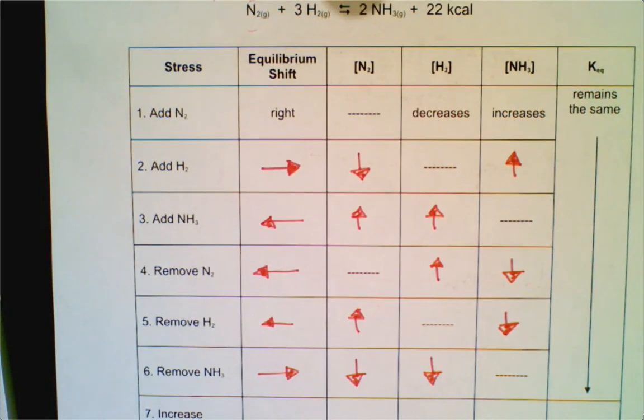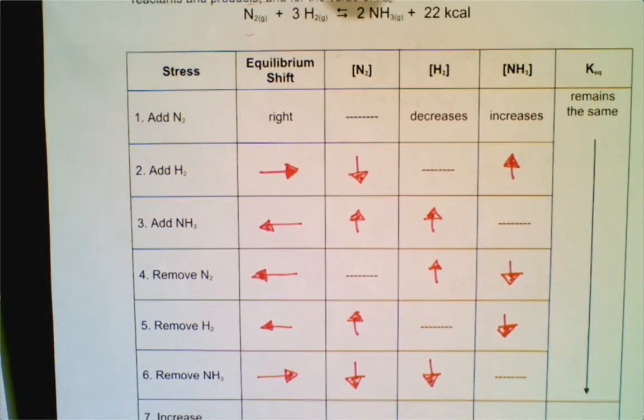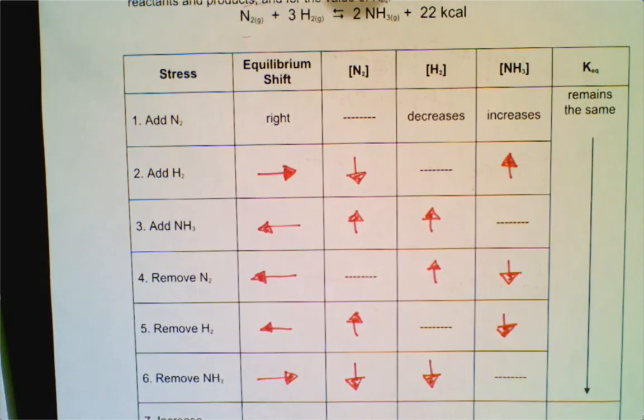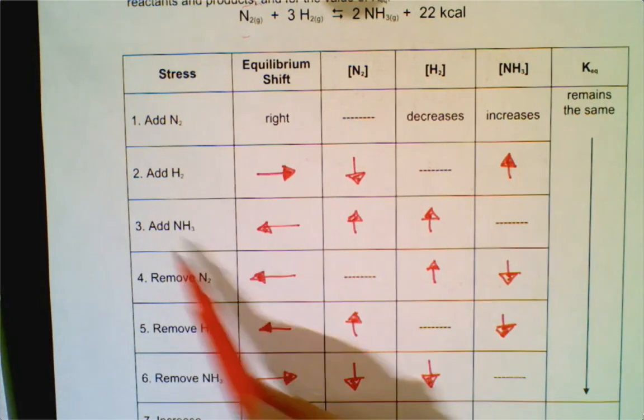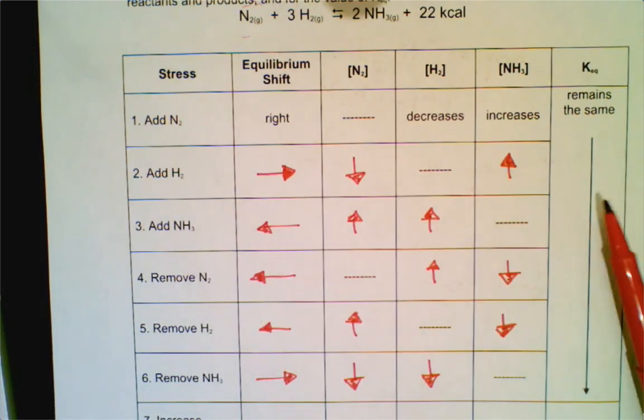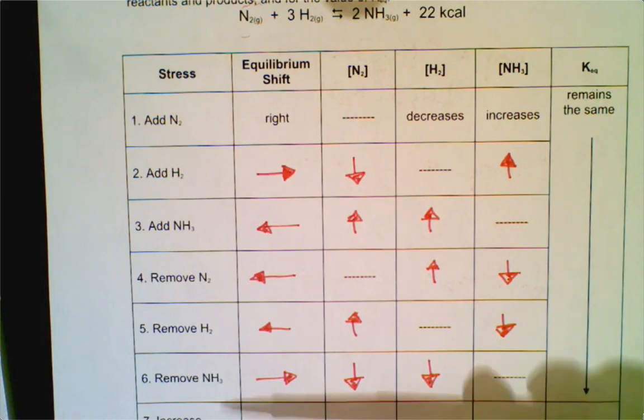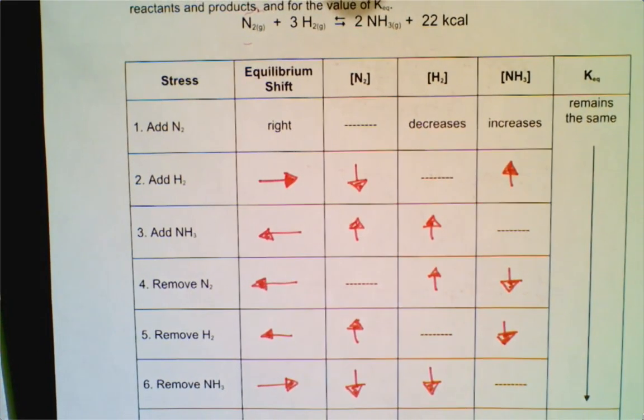Now, what happens if we increase temperature? Temperature is the only variable that really affects the equilibrium constant in terms of the value. All of these other influences will shift so that the ratio of reactants to products remains the same, so that the value of KEQ does not change. Why does